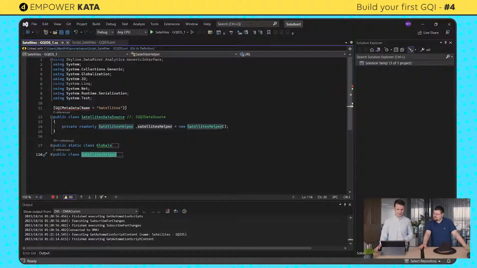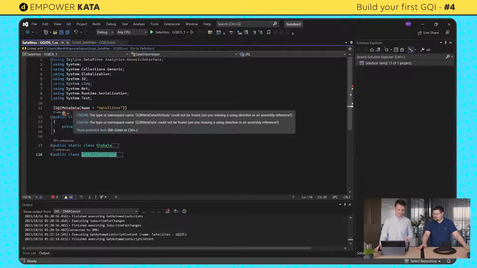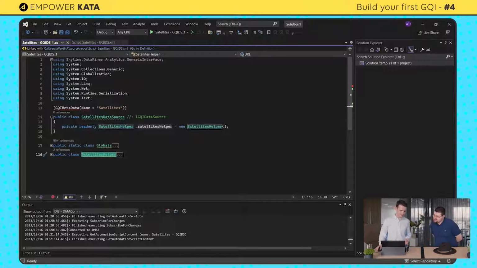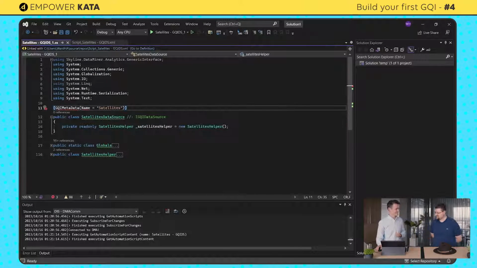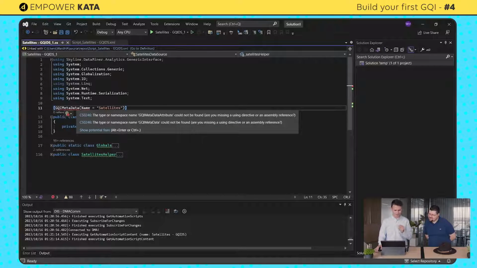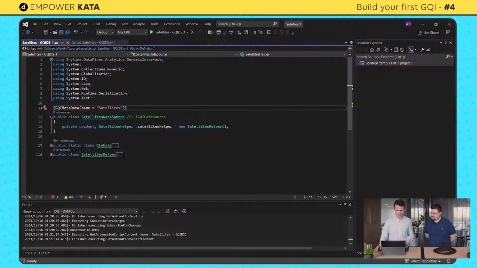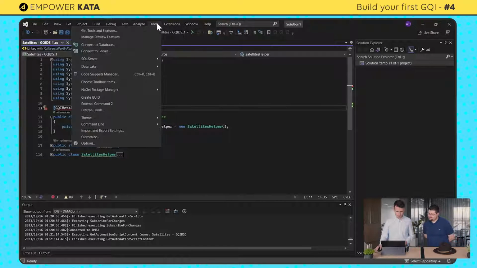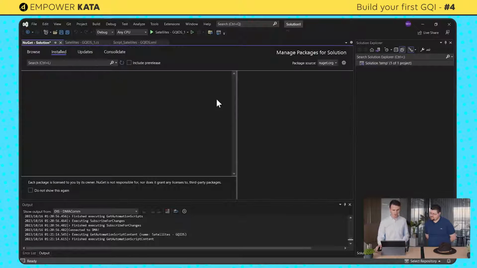How do we continue? I was going to say, how do we start? But we've started. We're in the middle of it. Yes. So first of all, we see some red lines. We don't really like them. Ah, the good old squiggly lines. Yes, that's always what we need to fix. That's probably because we're missing some reference, or it's some outdated assembly or NuGet libraries. Indeed. So let's check for that. In Tools, NuGet Package Manager, Manage NuGet Packages for Solution.